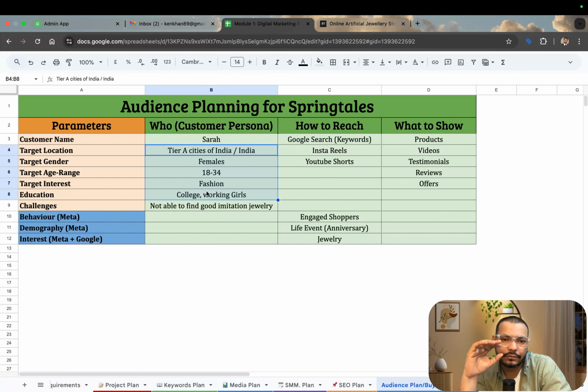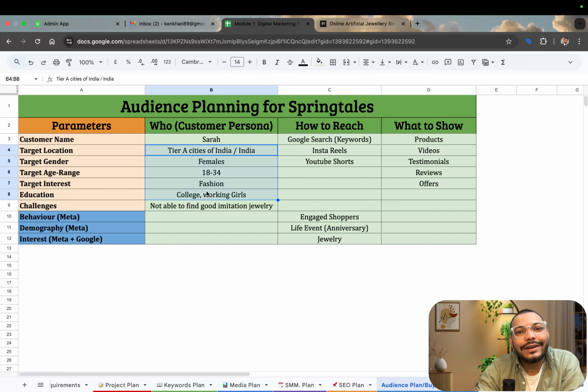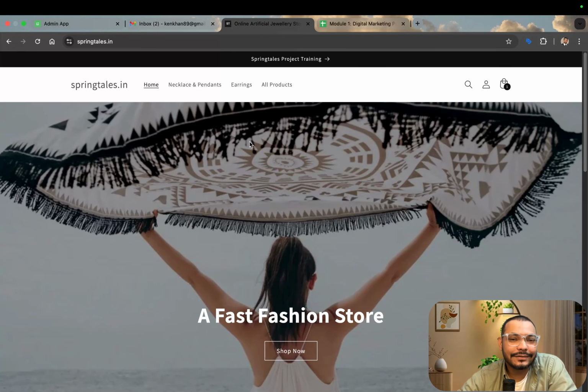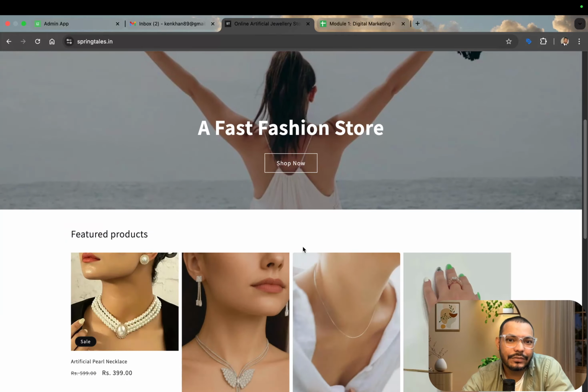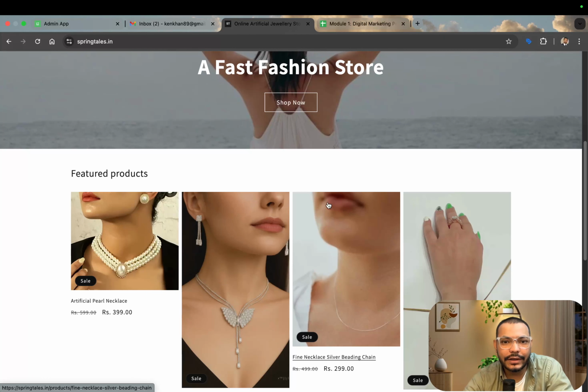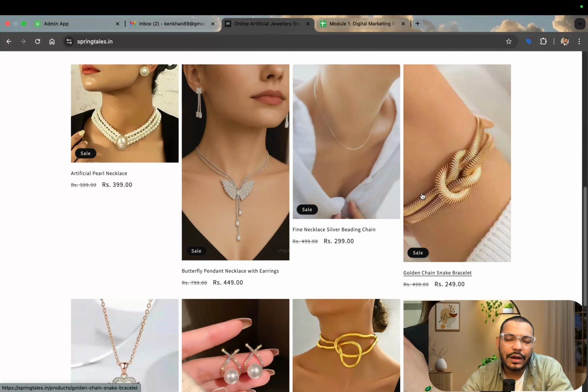Sarah is our imaginary customer, she's not the actual customer, by the way. But how do we create it? One easy way could be getting into the website, doing research, in fact, checking with people who are going to be interested in these products. Quite a tedious task, but we should know that these kinds of jewelry products can primarily be purchased by females in the age range of 18 to 34, maybe college-going girls, because this jewelry will not be purchased by married women.